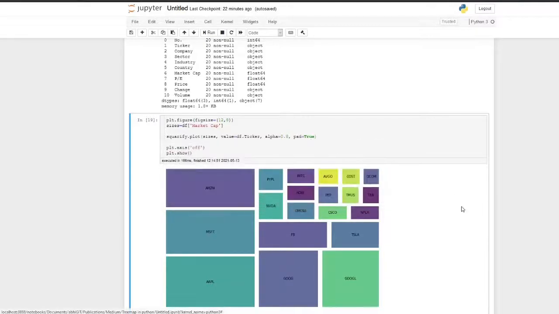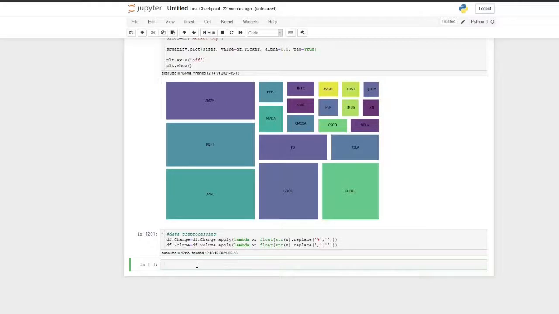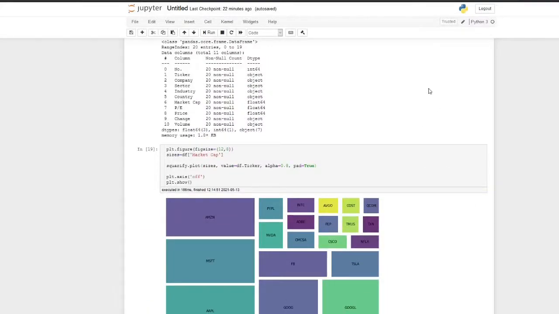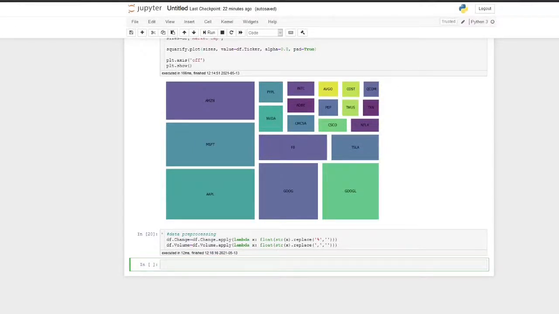Okay, so for that purpose we have to take a color map and then convert it into a list. So this volume is sequential data. It is not diverging data, so it is not going in two directions like positive and negative or diverging from a mean. So volume is sequential data, so we can use a sequential color map.